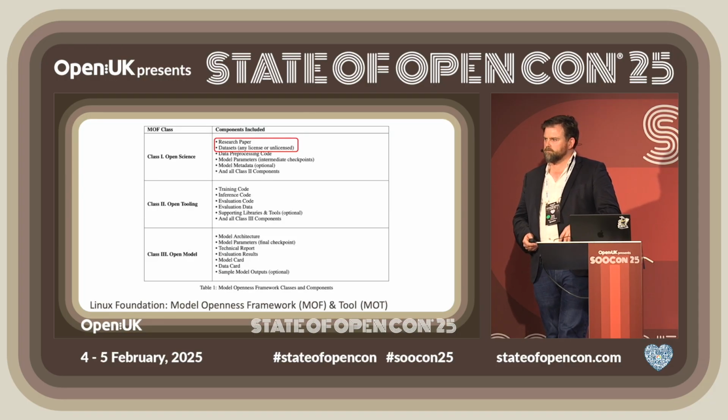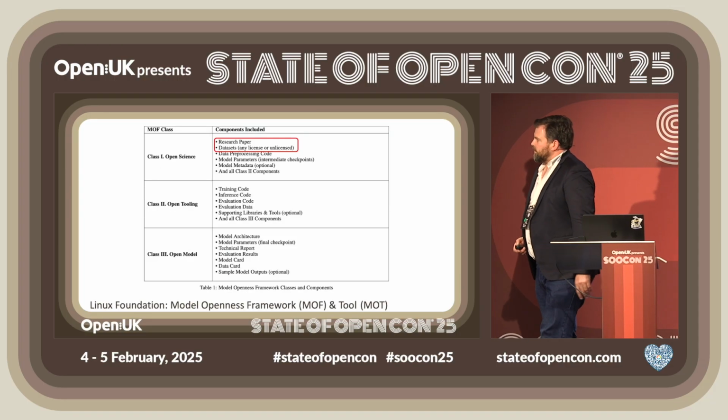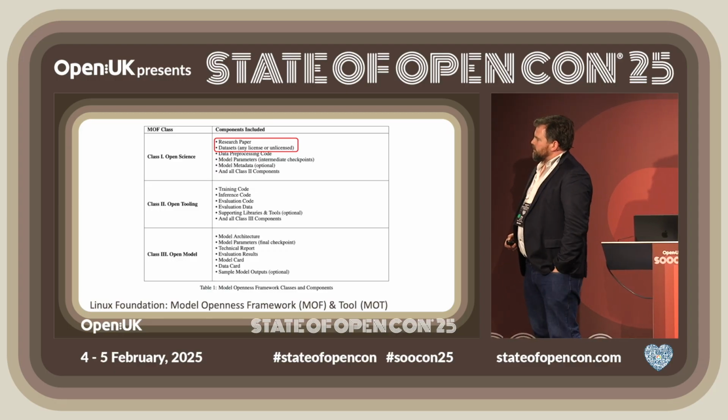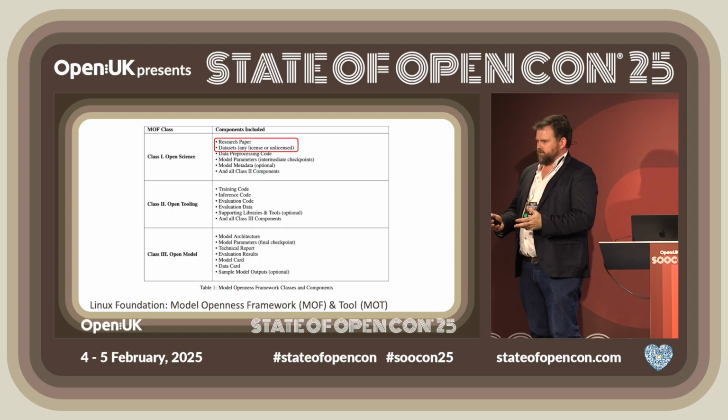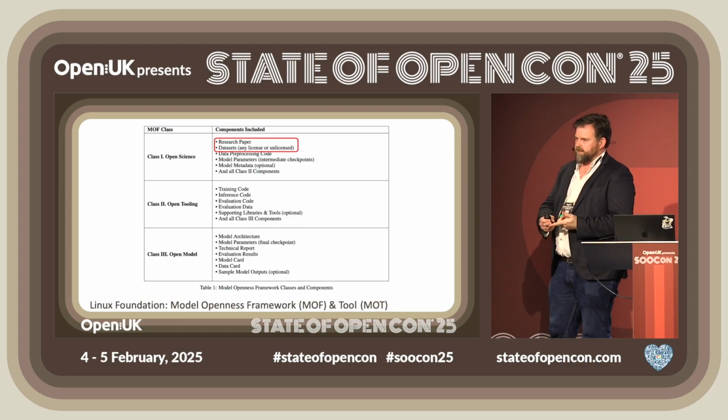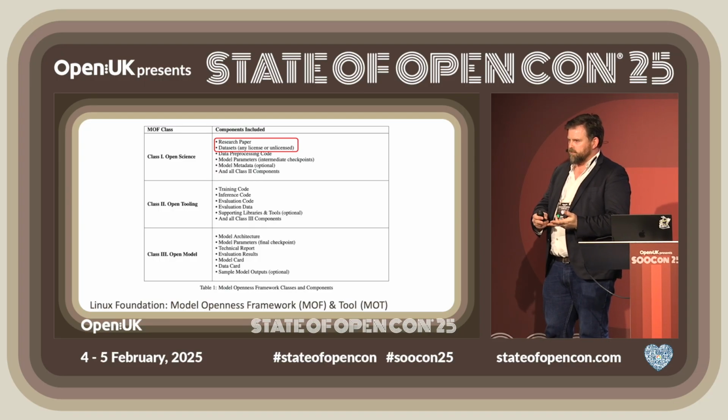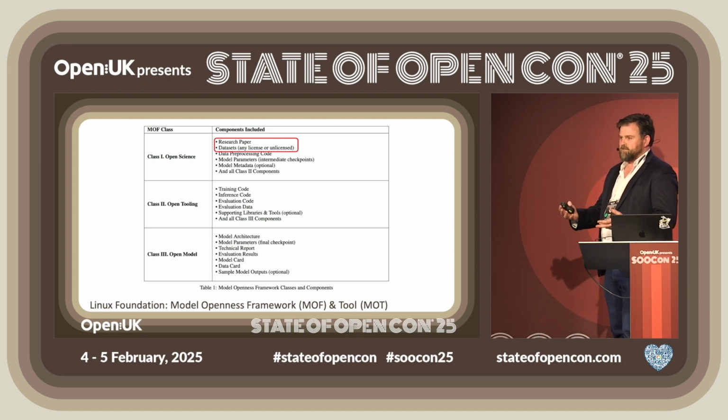Is this the right direction, do you think, that LF is taking? Look, I think the problem is we don't know what needs to be included, right? So you've got training data, but it's not just training data. It's anything you do with pre-preparation, it's evals, there's a whole lot of stuff that you would include for reproducibility. And even when you've got it all, we get the 4D chess players who are saying, well, it's not reproducible, I can't get the same hash. But it doesn't matter, as long as it behaves the same.